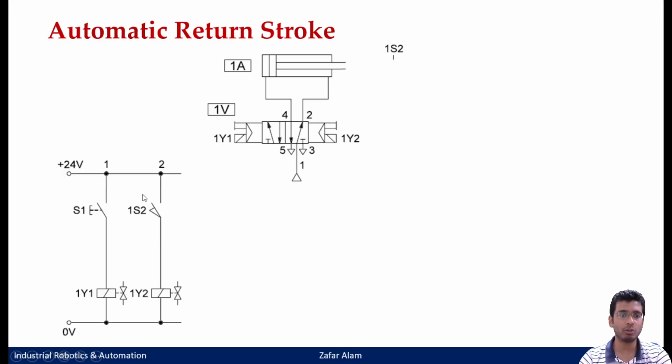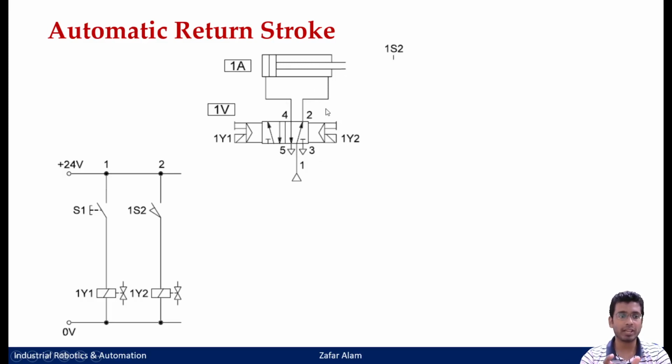Okay, a normally open contact type of limit switch. The moment it reaches the extended position, it is a roller valve type of arrangement. So the moment the roller valve is clicked by the extended position of the piston rod, this circuit will close. And once this closes, what would it do? It would energize my solenoid valve 1Y2, and that would shift this spool envelope to the right, and then my double acting cylinder would retract back.